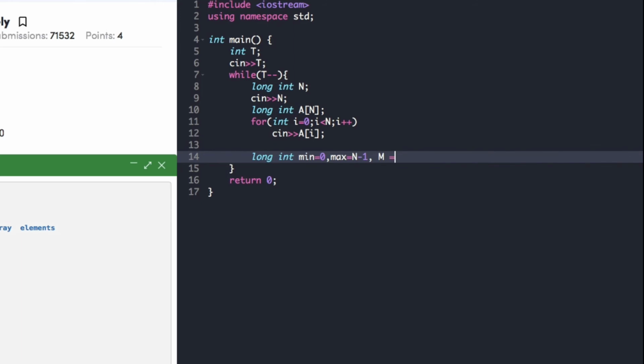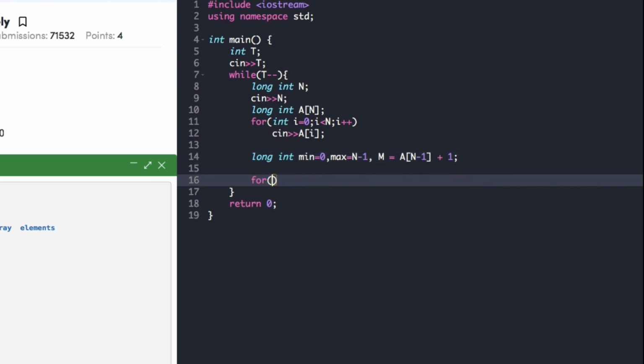Since we consider our array as sorted, the last element will be the greatest, and therefore we can keep the value of m as last element plus 1, that is a of n minus 1 plus 1. It is not mandatory to use 1, we can use plus 2, plus 3 and so on. It must be just greater than the greatest element.